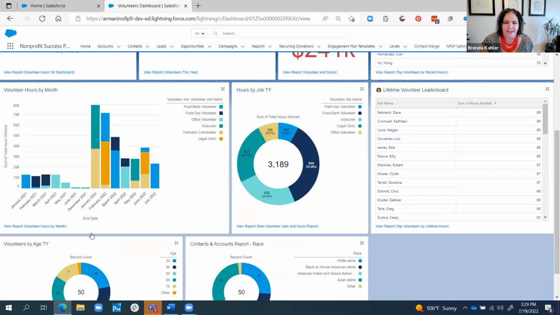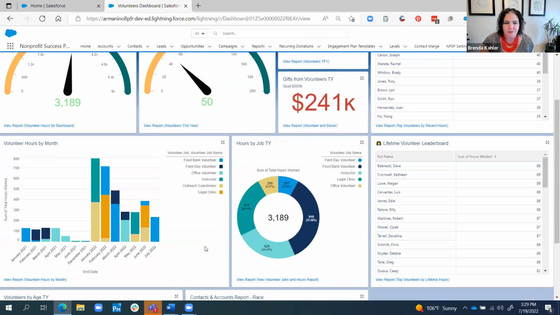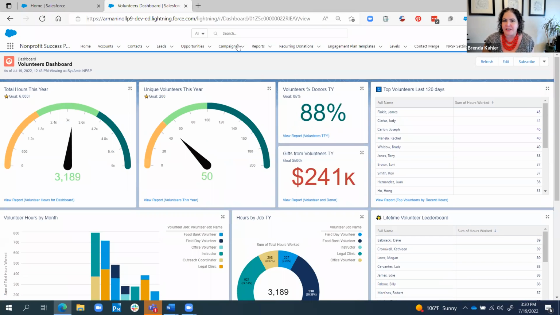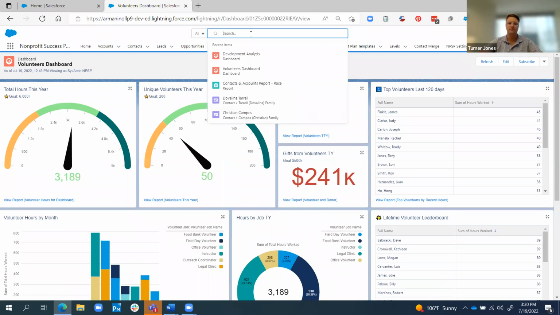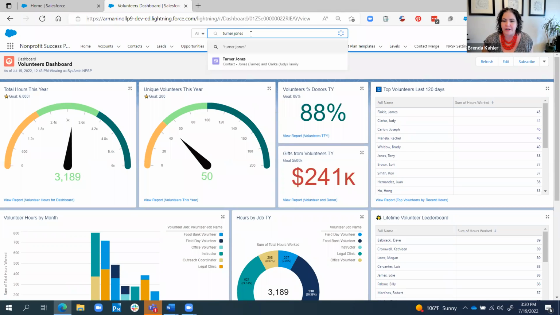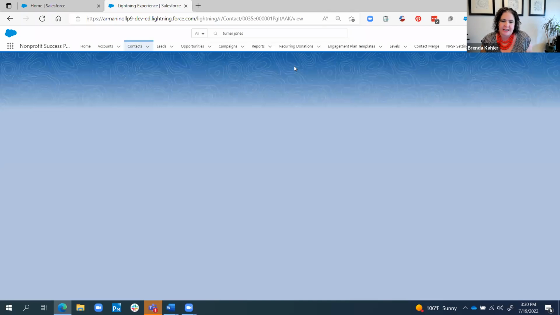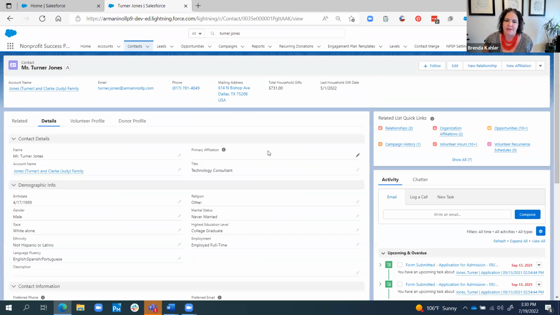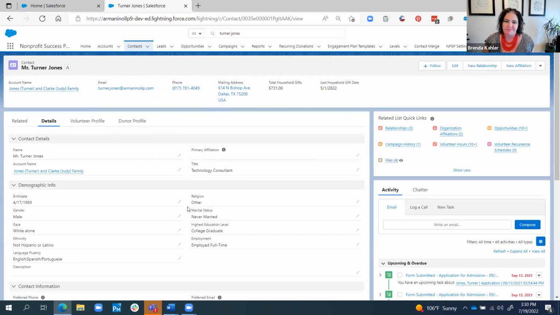And this is really great because this really shows the power of Salesforce beyond just using it as a CRM to track donors. We can see if a donor is also volunteering and what their areas of interest are, or maybe if our volunteers haven't donated yet, what are their areas of interest? How can we tailor an ask that would be more likely for them to say yes to?